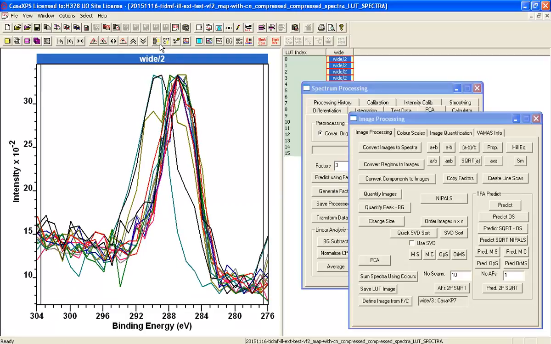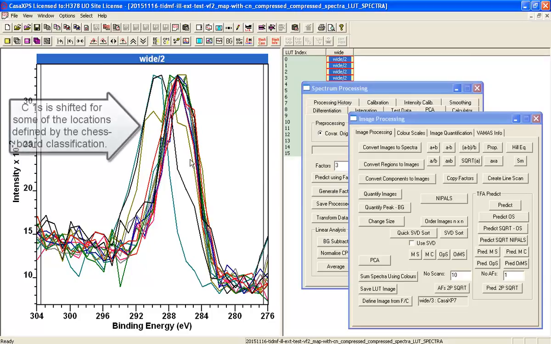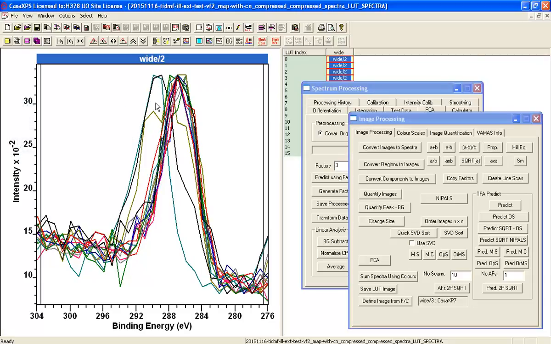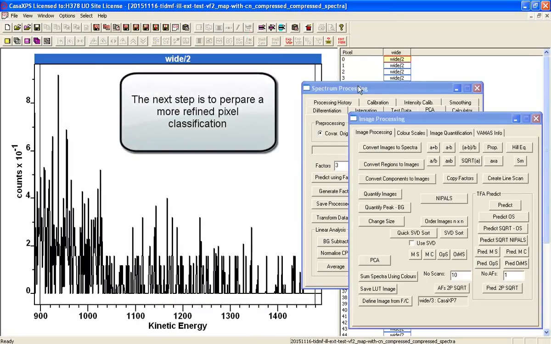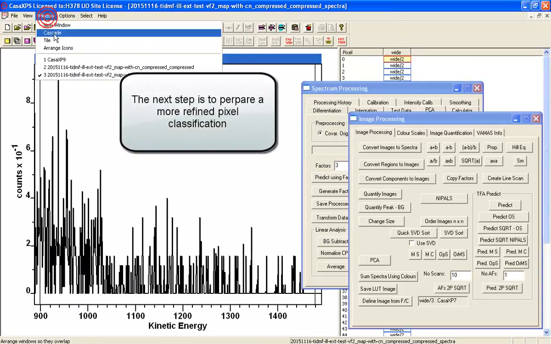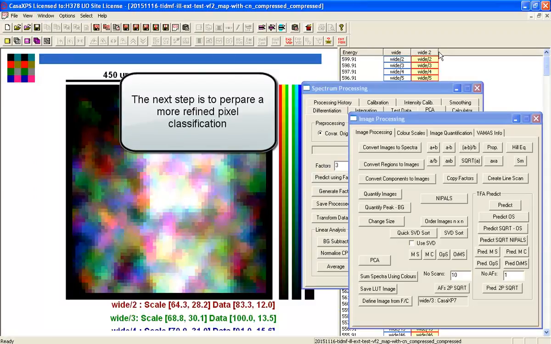Let me just put it in binding energy again. So this is the carbon peak, and you can see that while the majority of these spectra all have a similar sort of binding energy associated with the carbon, there are some that are not. And what we need to do is work out what it is that's gone wrong and where in the sample it's gone wrong. So let's go back again, and this time